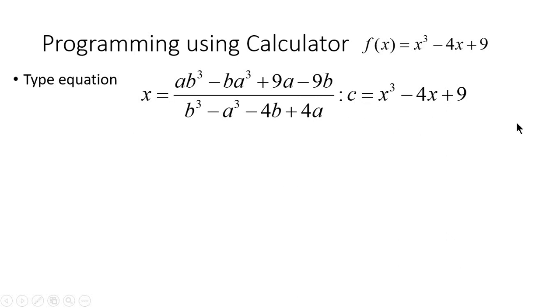After typing this, you know the procedures. For equal to, you have to press alpha and then calc. For colon, you have to press alpha and then the integral sign. Now construct the table, write a, b, x and c. Okay, you know a is minus 3 and b is minus 2. Find the value of x, find the value of c.